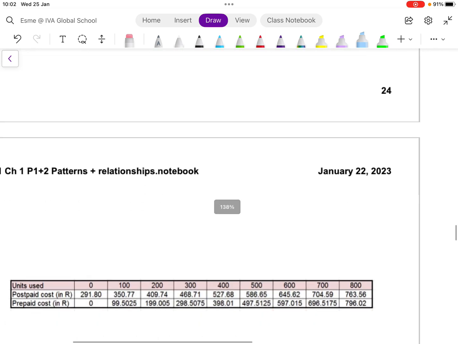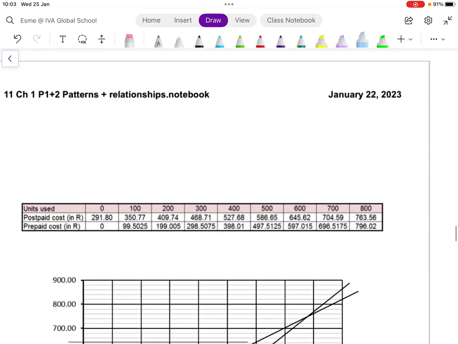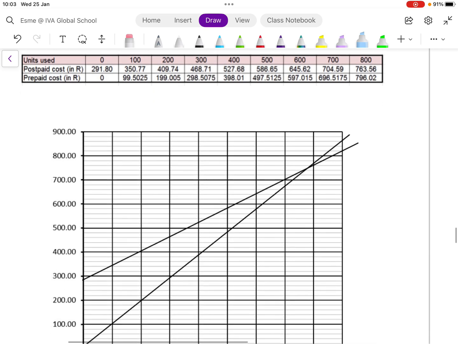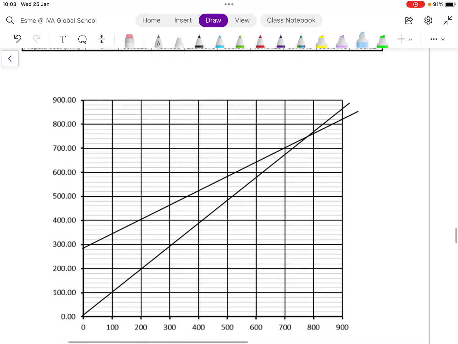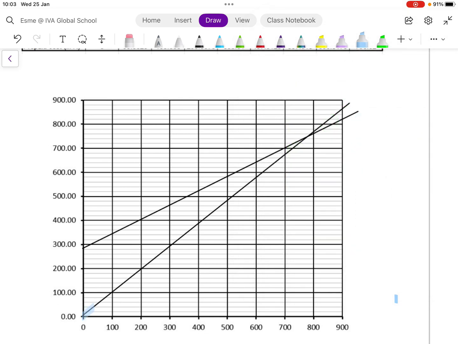Right, let's have a look here. So I have filled in all the values for you. I'm going to use the blue as the prepaid. And how do I know which is prepaid? Well, prepaid, if there is no electricity used, then you pay nothing. So this is the prepaid, and then this one here is the postpaid. And you can see we've started at 291.80. And again, I'm just going to repeat that these intersections must all be the same